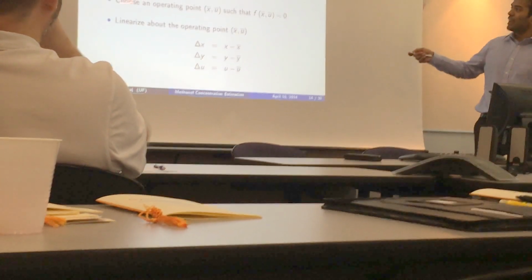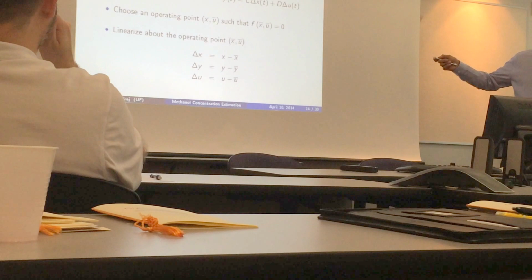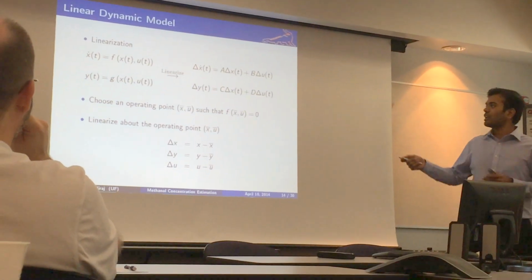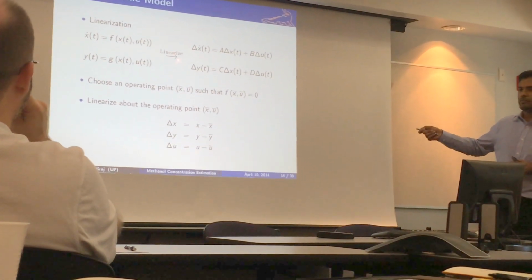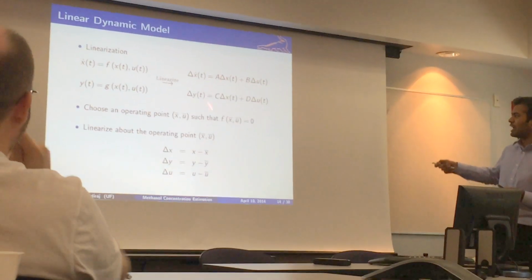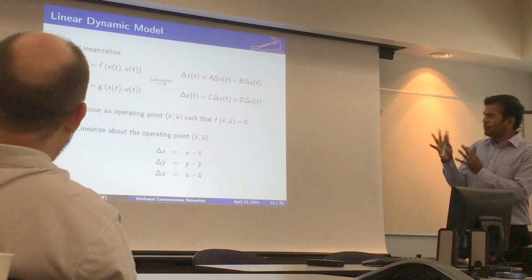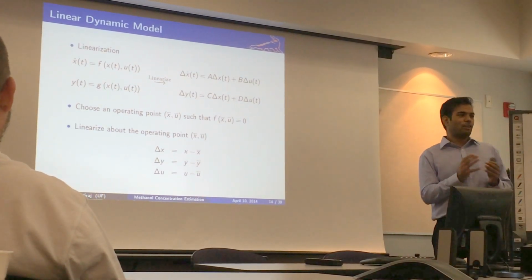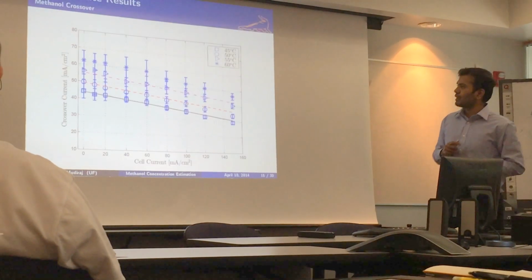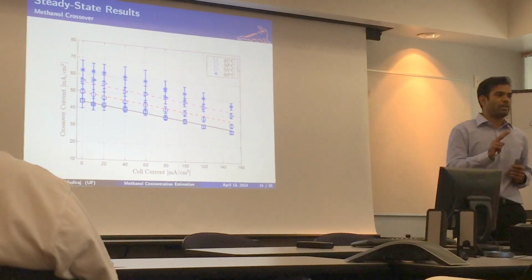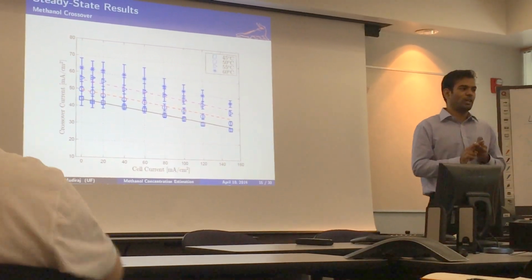Now, we can simplify this complex nonlinear model into a simple linear model using Taylor series approximation. And the ABCD matrices that we get constitute the linear model of our system. So now that we have linear and nonlinear models, let's see how good these models actually are. I'm going to show you 2 illustrative graphs, one for steady state, one for unsteady state.